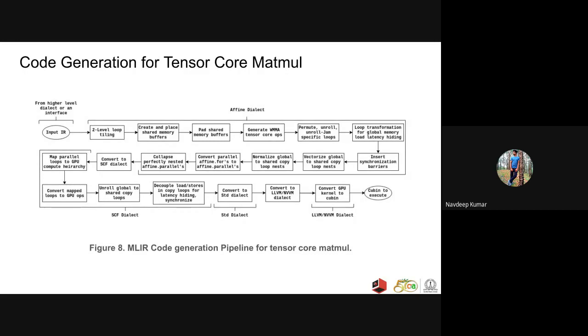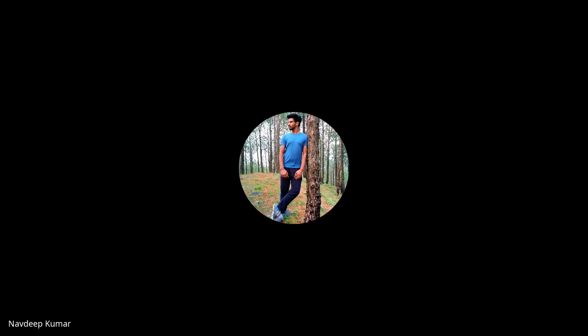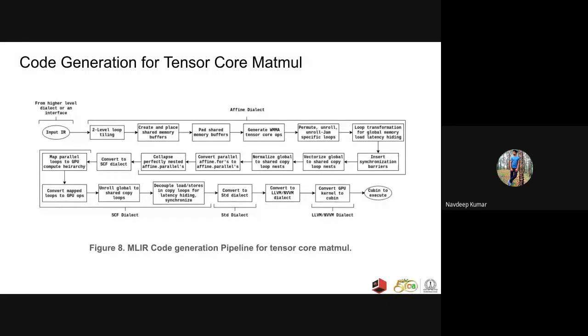After collapsing these loops, you can convert to the SCF dialect, and you can try to map these loops to the GPU compute hierarchy. You try to map the outermost loops to thread blocks, the next loops to warps, and that's it. You just go till the level of... so the outermost loops are to be converted into the gpu.launch op, and they are mapped to the thread